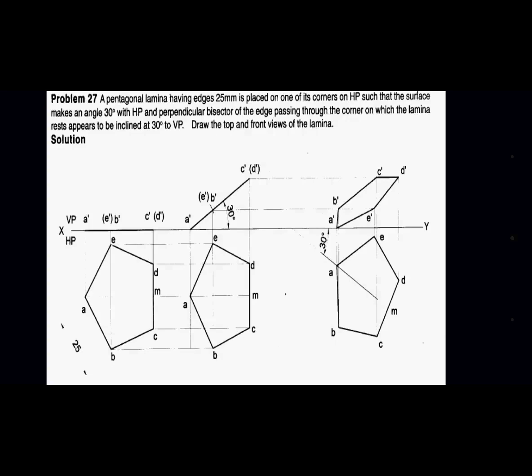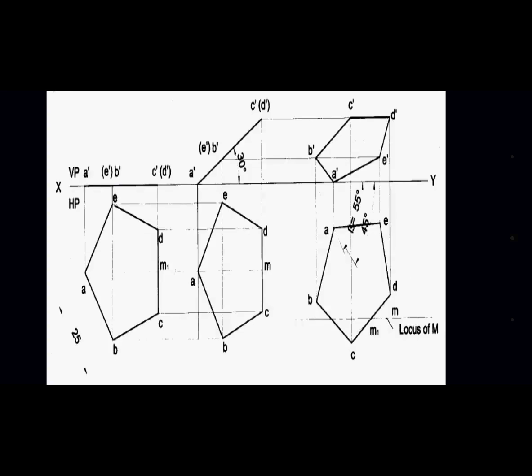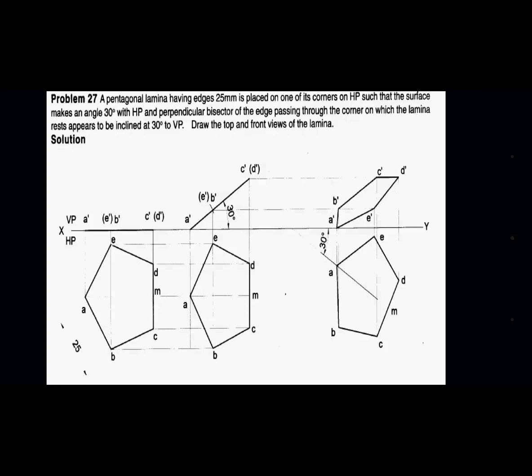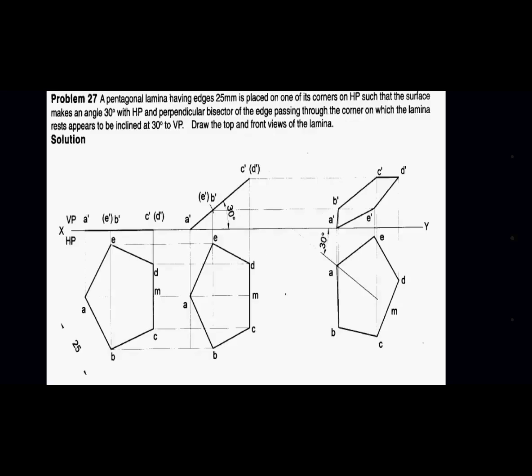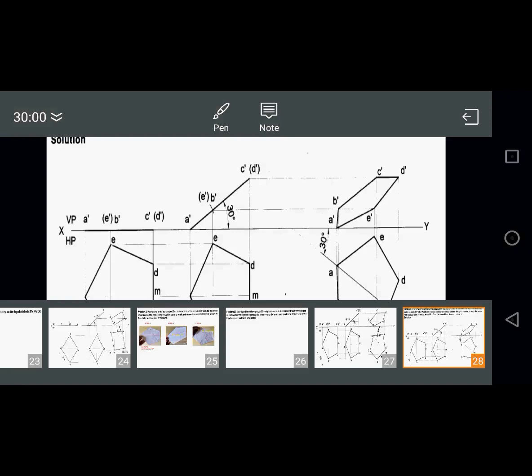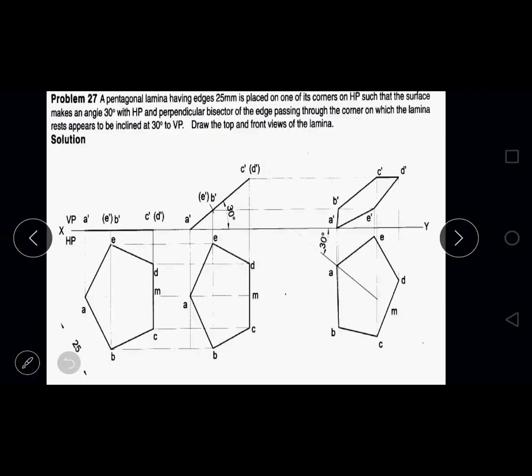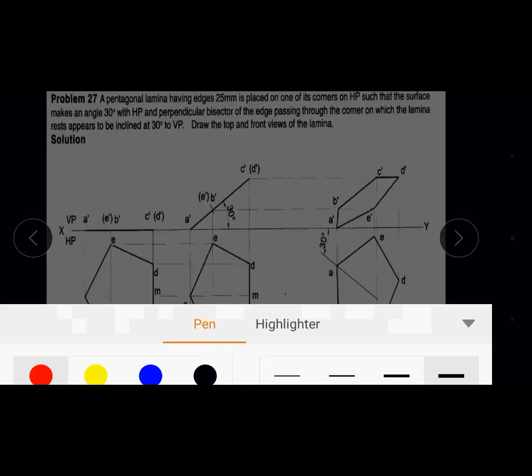In the previous class we did similar types of problems. It's a similar corner resting position, 30 degrees to HP. It's the same type, the same problem. Even the HP angle you find is the same. But in the previous problem the VP angle of 45 degrees was given without the word "appear". In this problem you can identify that the word "appear" is highlighted.